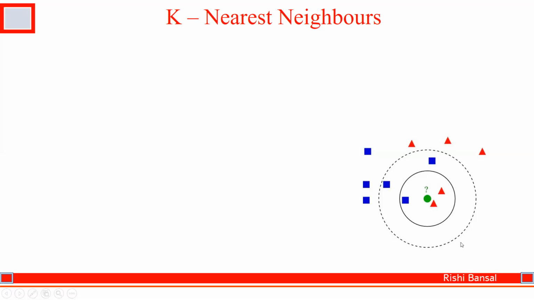So if you see in this picture, the blue squares are one category of data, one classification. Another category is your red triangles. Like in the previous class, when we saw the data set, you might have observed that the output is coming either 0 or 1, right? So here you can just consider that these red triangles and blue squares are nothing but your 0 and 1 categories. Two categories are there, that's it. Now, this is your given data.